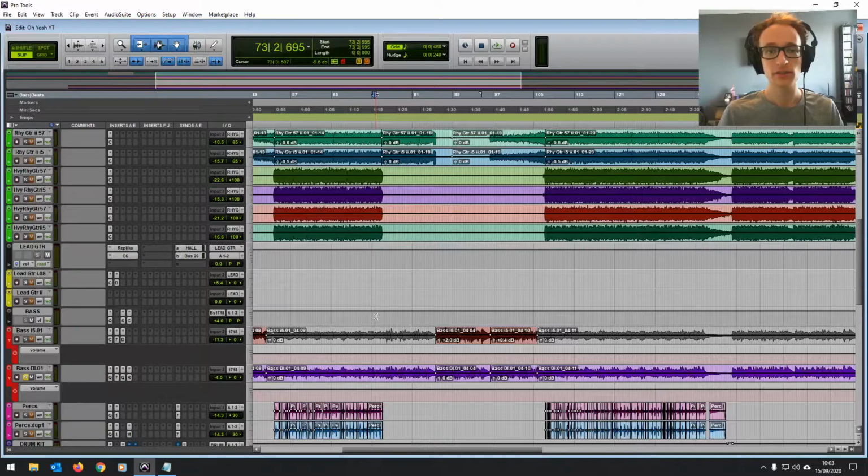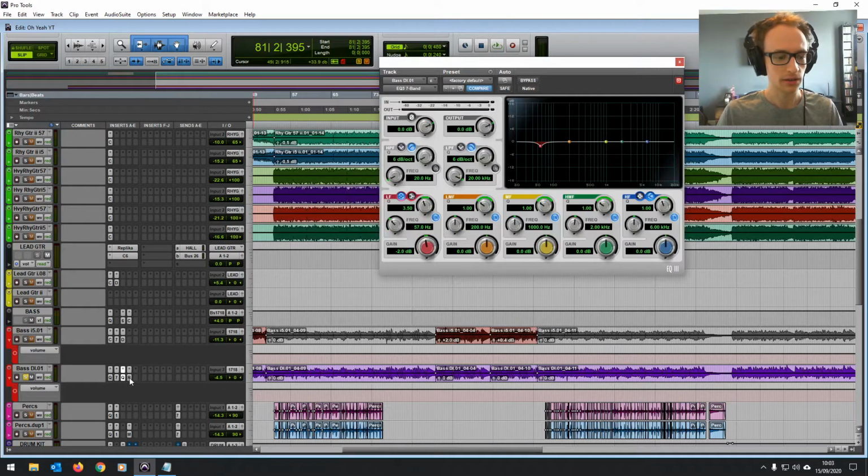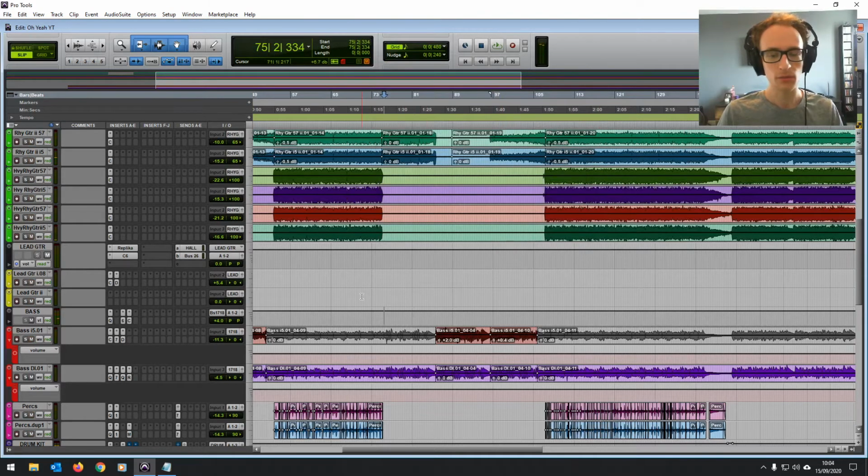Let's get to it. So first, let's take a look at this DI bass track that we've got. It's nice and smooth, it's warm, it's well played. And I've processed that already with EQ. I've compressed it quite hard with the 1176 clone, and I've just dropped a little bit of that low end out to let the kick peek through, and we've boosted up the bass with the Waves R bass. And with the rest of the band,